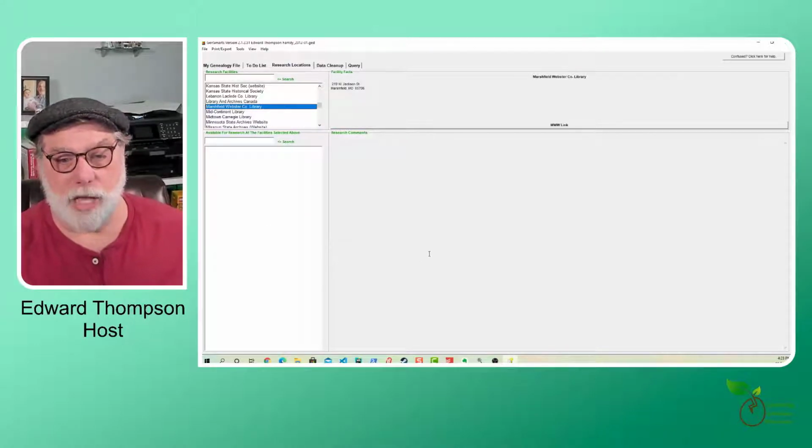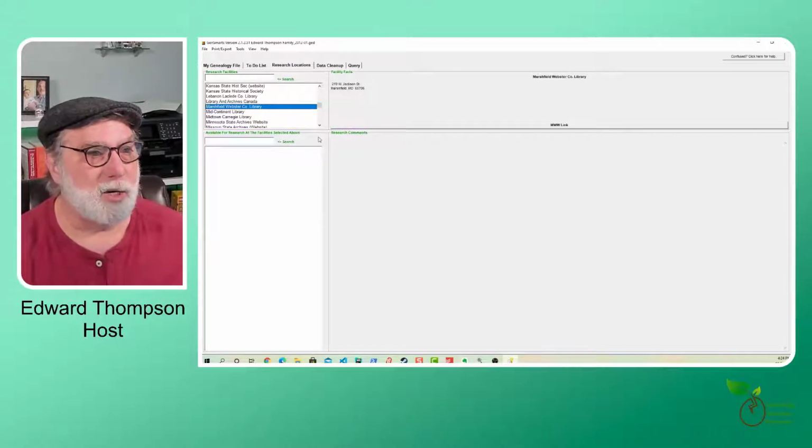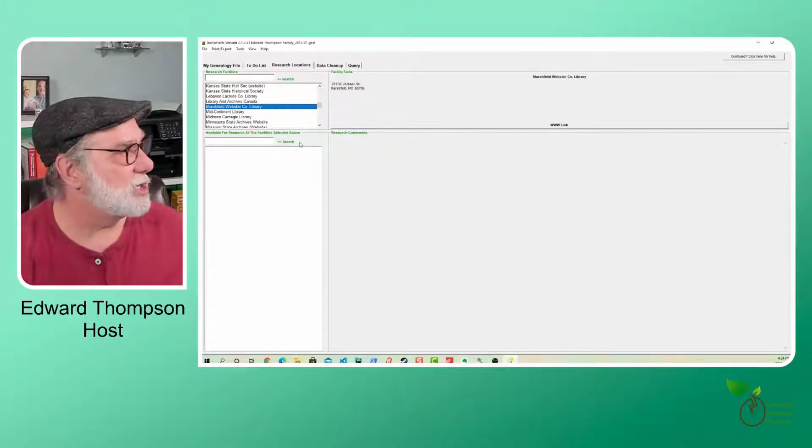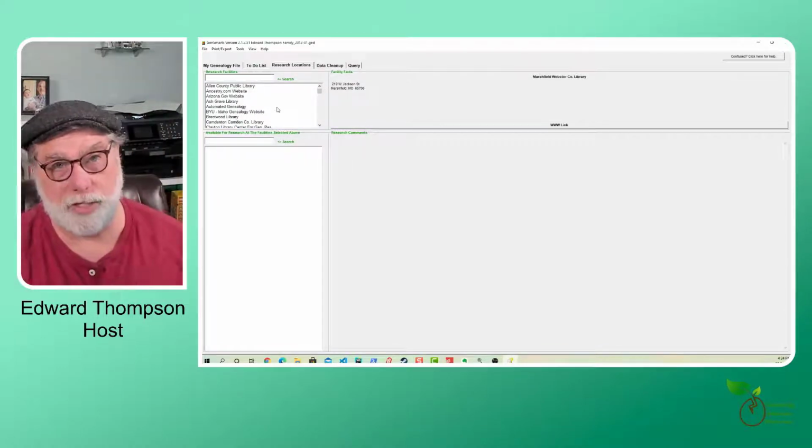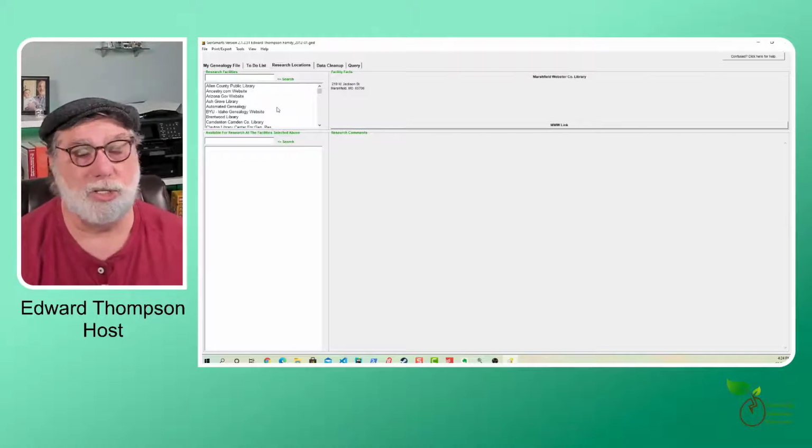Helen asks, are the repositories only U.S. ones? Excellent question. Again, I don't know the answer. I suspect that there is a heavy bias, and I am not seeing anything with a quick scan here to point to international records. That raises 2 points about GenSmarts. Number one, it is US centric. So if you're doing research in other countries and not US based research, I'm not sure how valuable the program would be to you. The second thing I wanted to point out, and I should have said up front, is